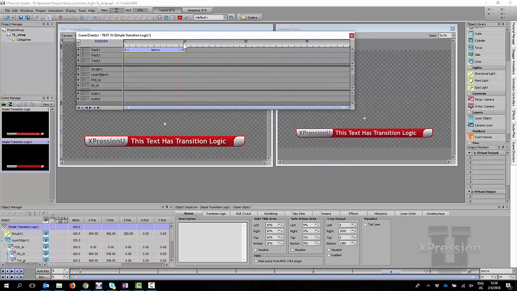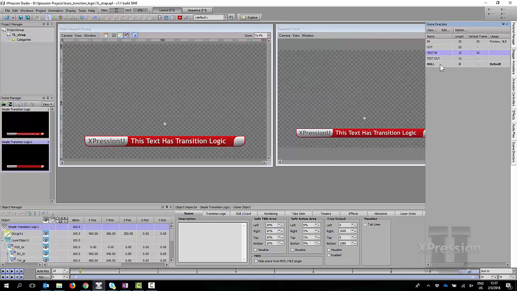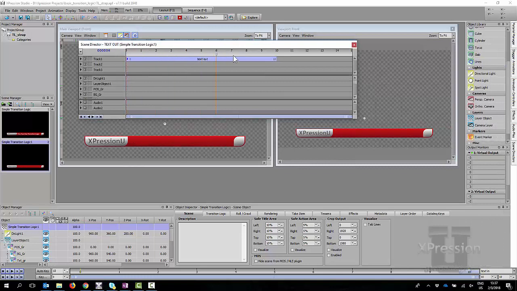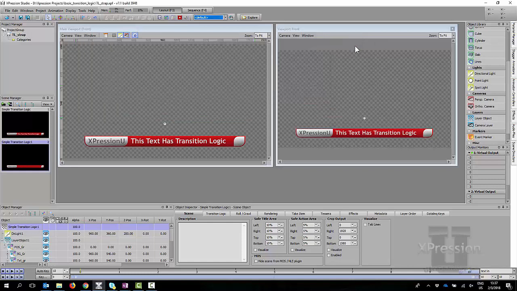So yeah, on the in, what I'm also going to do is at the right, I'm going to right click at the end here and do set default frame marker for the text to be in this position. Close that guy, and then I'm also going to go text out, and yeah, the out looks good too. Very good. So let's just close all those, and that's our animations built.